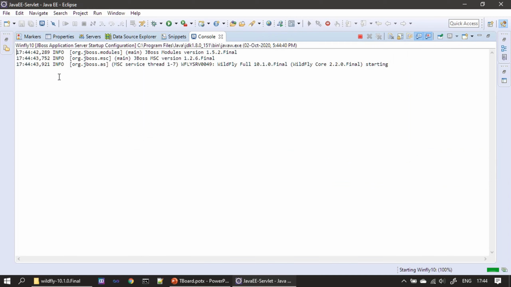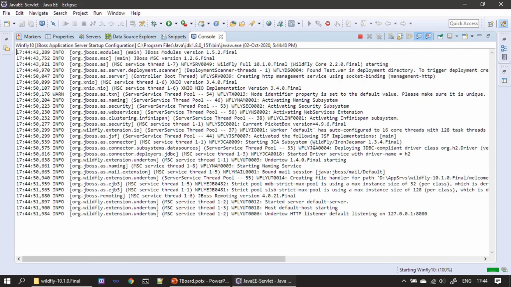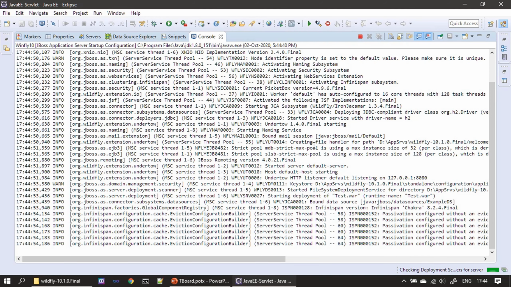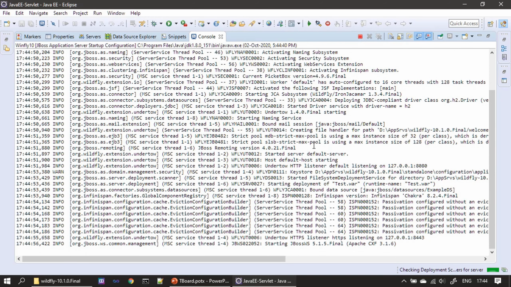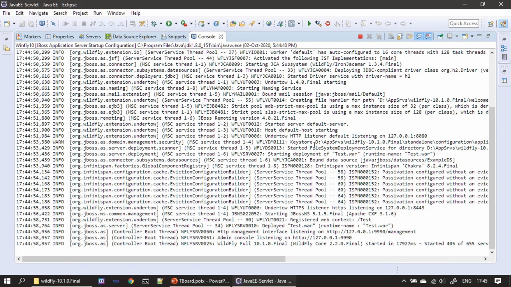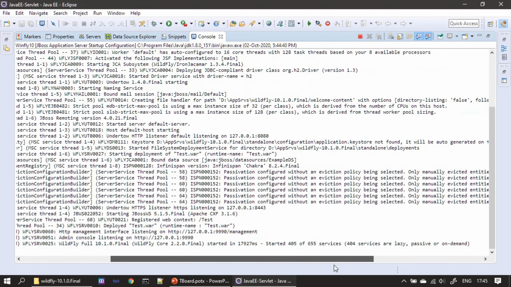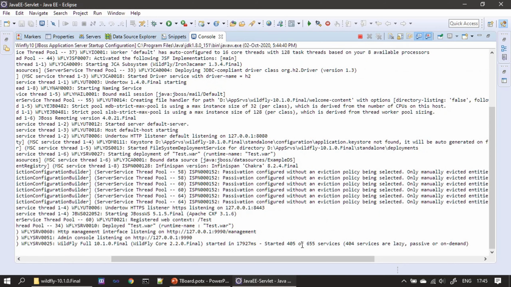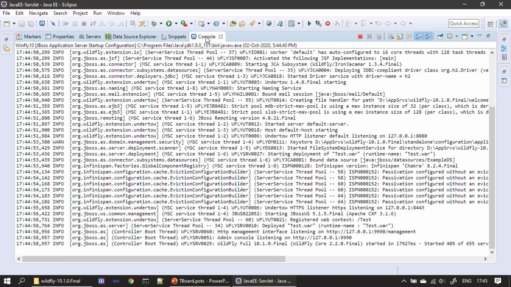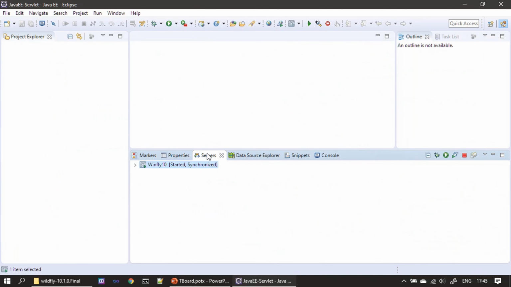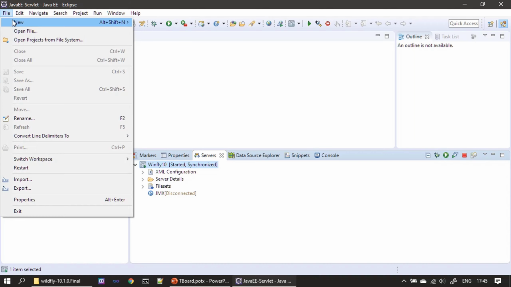Let us look for is there any red mark for errors. So that's all. It states that Wildfly server is started. And when you go to server, you can see that the Wildfly server is started and synchronized. All right, now let us keep it as running, and we will create a new